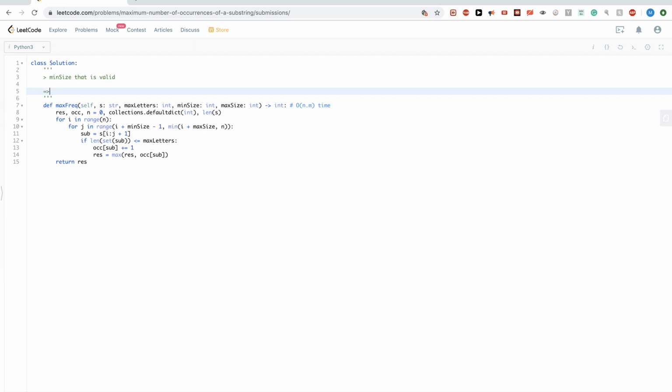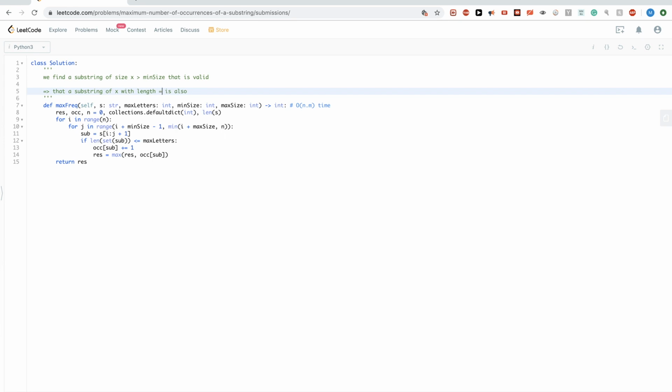So basically, let's say if we find a substring x of size bigger or equal to min size that is valid. That means that a substring of x with length min size